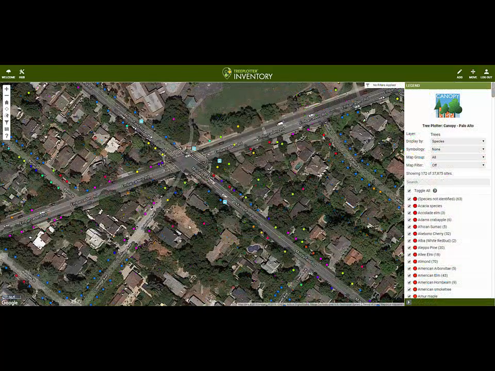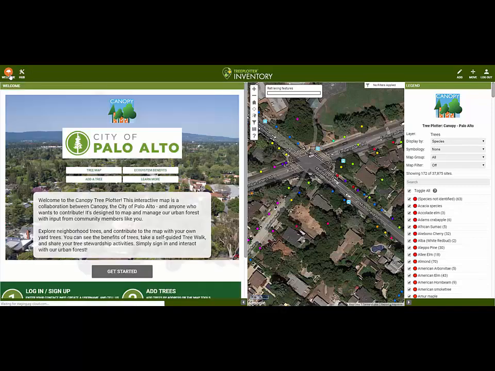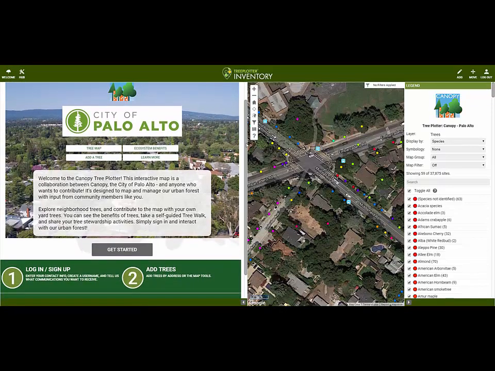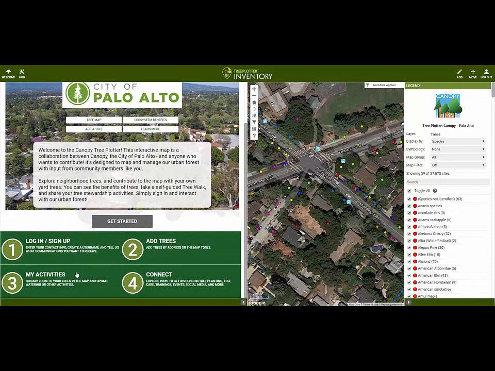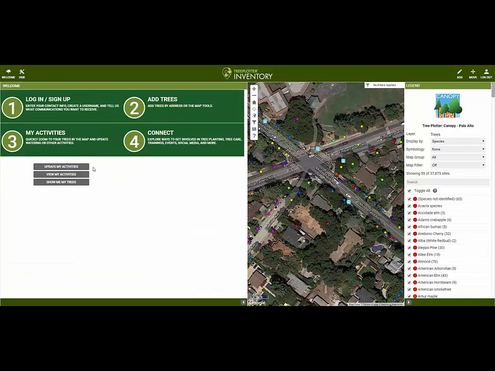Another great feature about the crowdsourcing module is the ability for the user to be able to keep track of their activities. You can click on the Welcome button located on the upper left-hand corner of your screen, and this will take you back to the landing page. Scroll down and click on My Activities. Here, you can update your activities,